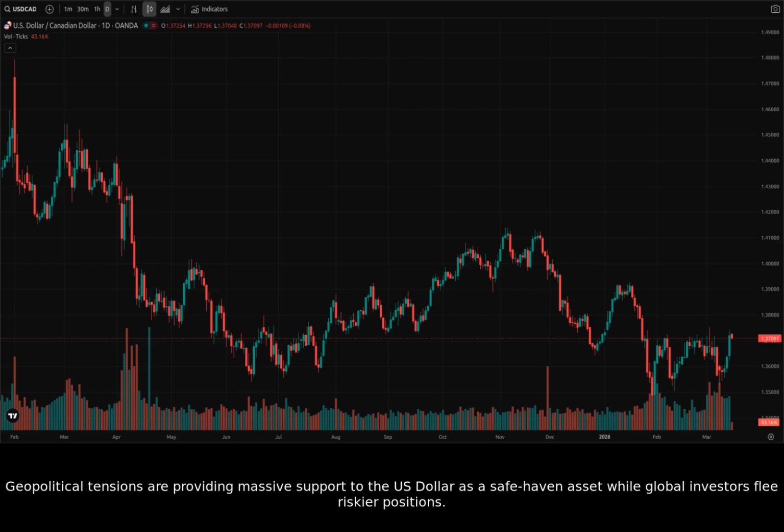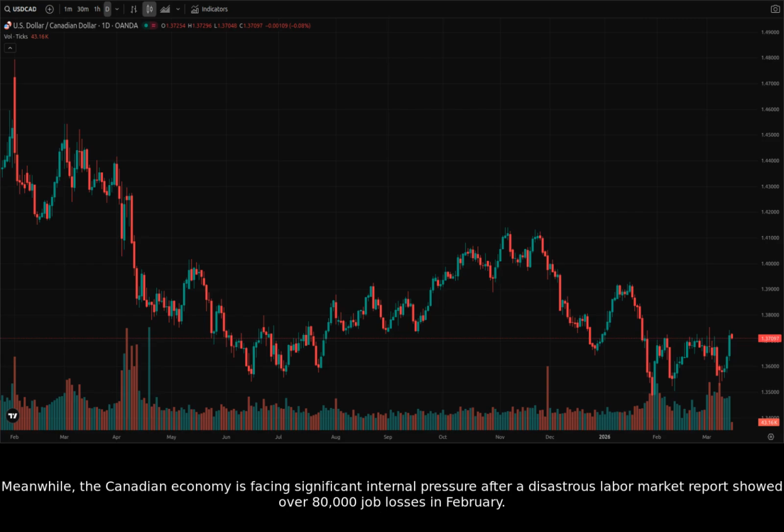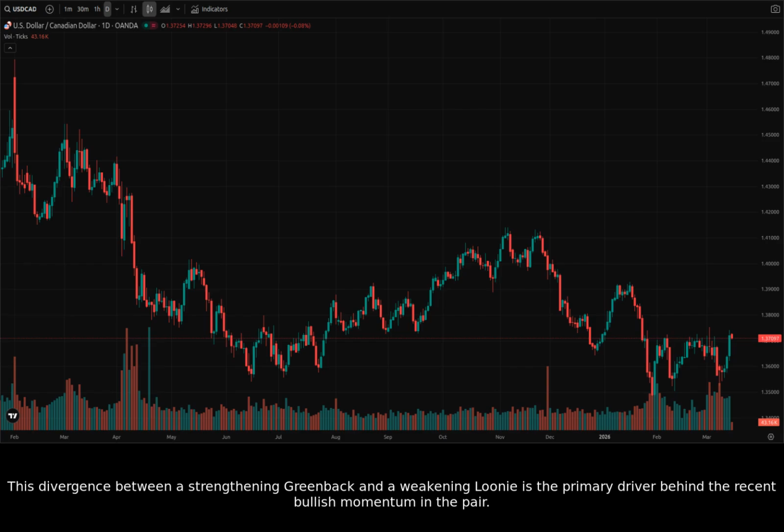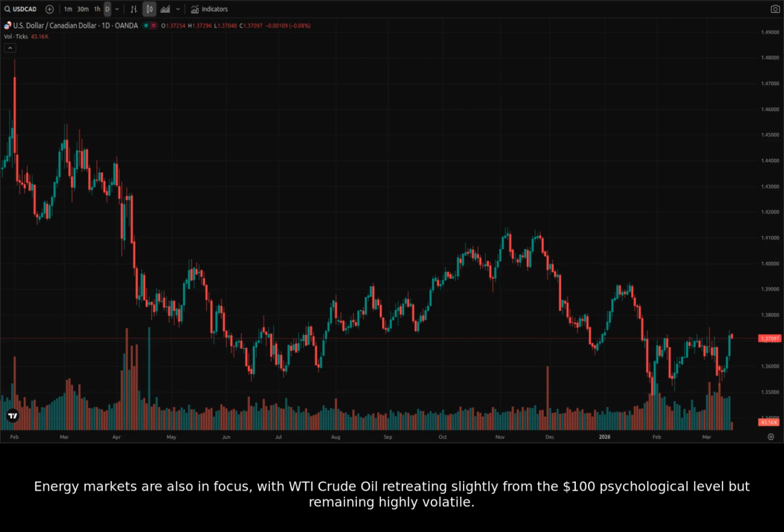flee riskier positions. Meanwhile, the Canadian economy is facing significant internal pressure after a disastrous labor market report showed over 80,000 job losses in February. This divergence between a strengthening greenback and a weakening loonie is the primary driver behind the recent bullish momentum in the pair. Energy markets are also in focus, with WTI crude oil retreating slightly from the $100 psychological level but